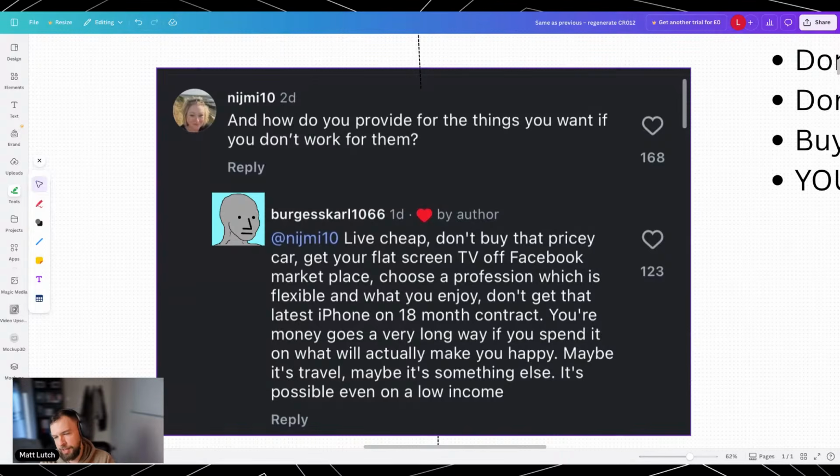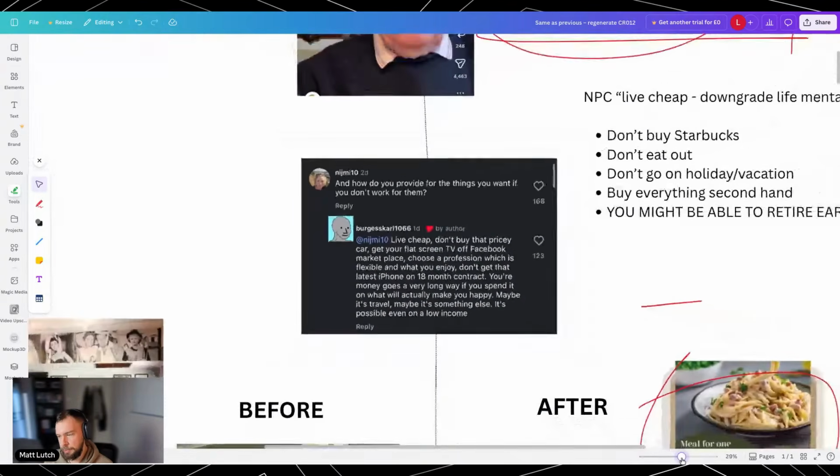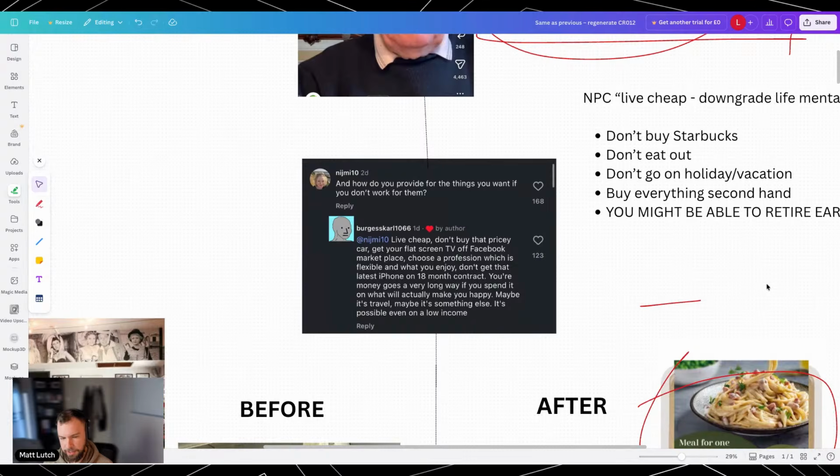That's probably the only thing I agree with. Now, I understand about spending it on what actually makes you happy. I get it. But the premise of this comment, the NPC here, is live stingy and you might be able to retire early. That's the mindset of the majority of people. And when you show them